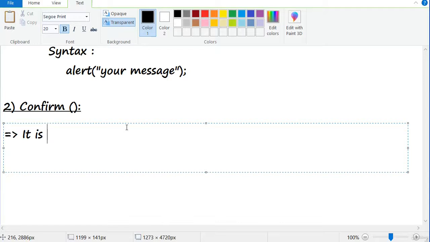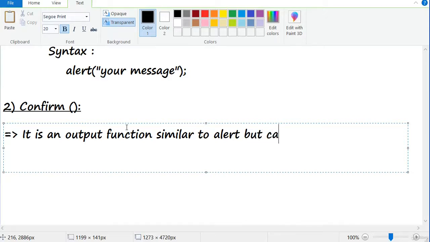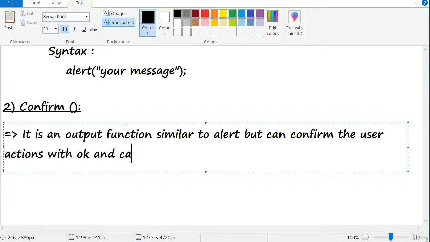First we will make a note about this. It is an output function similar to alert but can confirm the user actions with OK and cancel buttons.